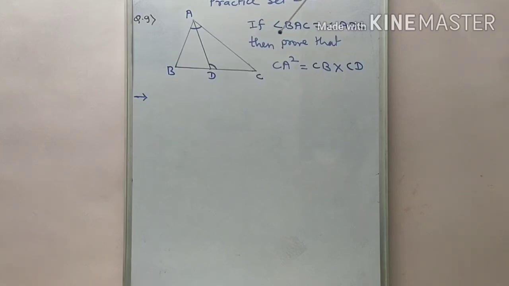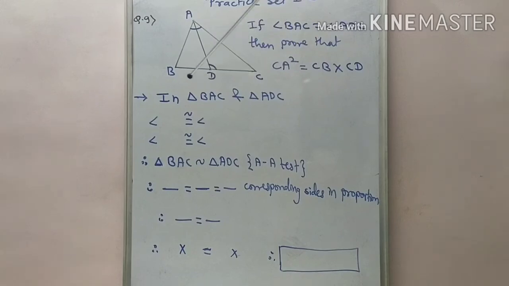Okay, so actually 50% part of the answer we have given here, means we select those triangles which consist of these angles. So you have to prove these two triangles, triangle BAC and triangle ADC, are similar to each other. Okay, so here we write down the names of those two triangles, triangle BAC and triangle ADC. Why do we choose these two triangles? Because in the given part we have two angles, consisting in these two triangles.